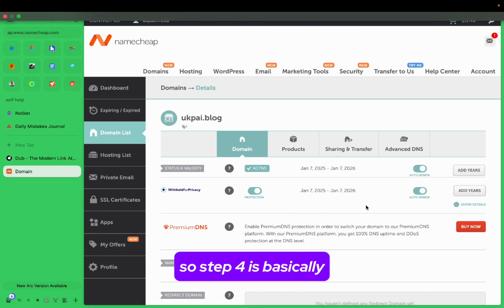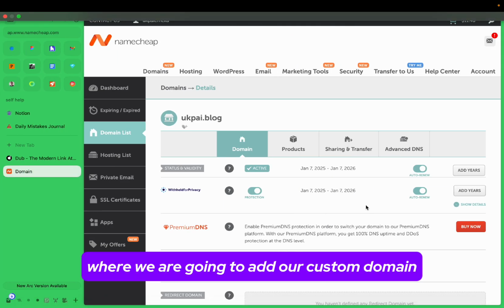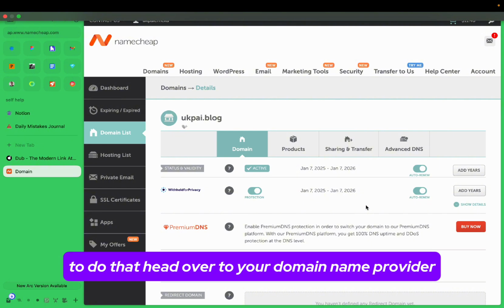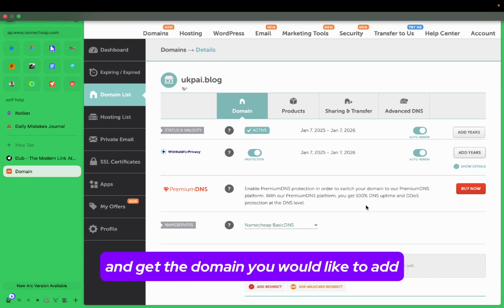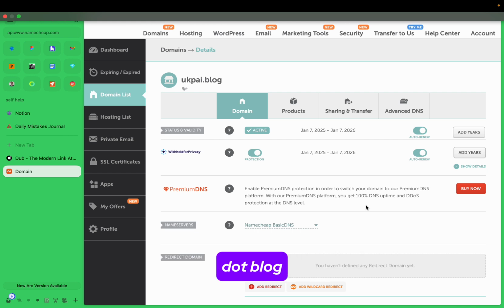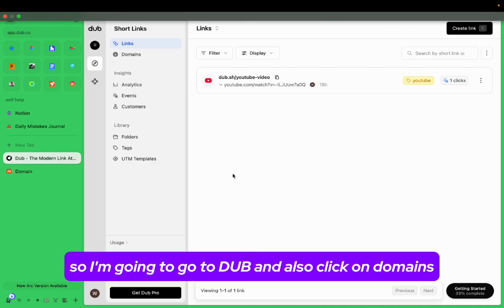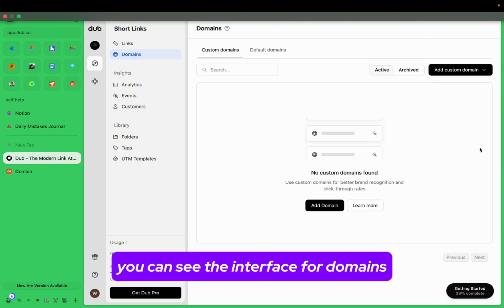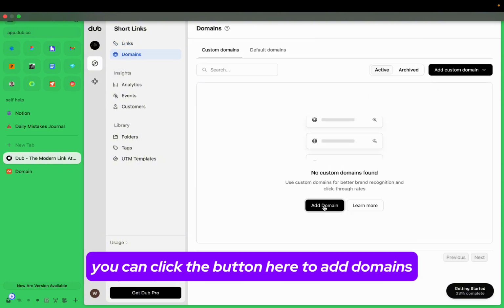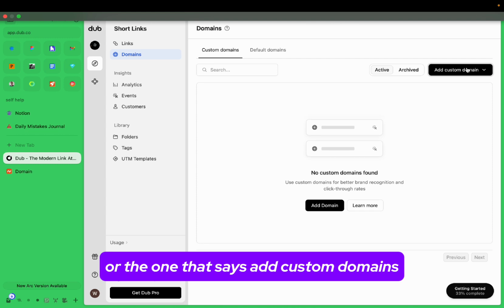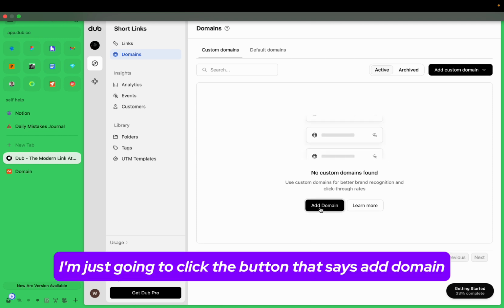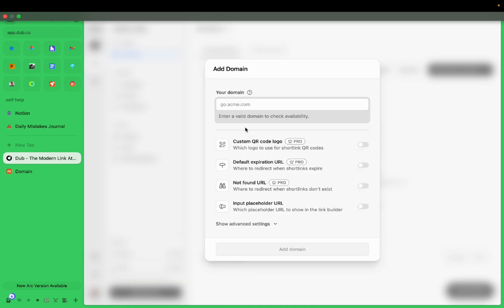So step 4 is basically where we are going to add our custom domain. To do that, head over to your domain name provider and get the domain you would like to add. I already have my domain here on the screen, as you can see, ukpai.blog. So I'm going to go to Dub and click on domains. You can see the interface for domains. You can click the button here to add domains, or the one that says add custom domain. So either is fine. I'm just going to click the button that says add domain, and I'm going to type in